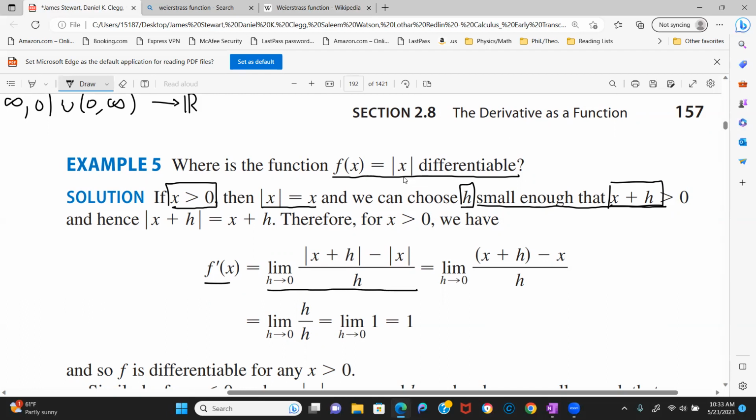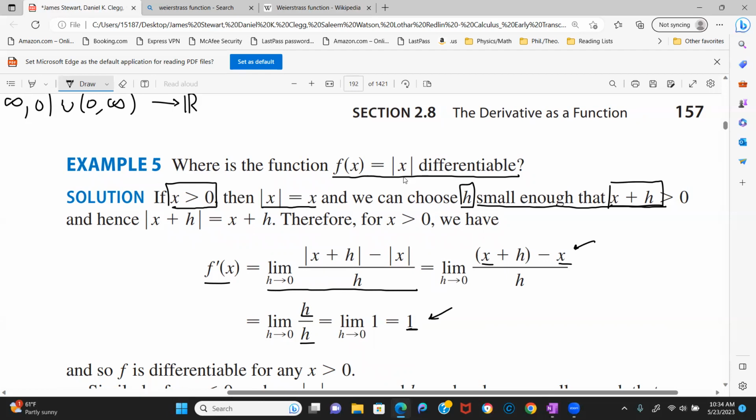And now because x is positive, this absolute value goes away. And because x plus h is positive, this absolute value goes away to give you this right here. And then when you simplify this, this x cancels with this, and then h divided by h is just going to be 1, so it's the limit of a constant. As h goes to 0, it's going to be the constant 1. So in other words,